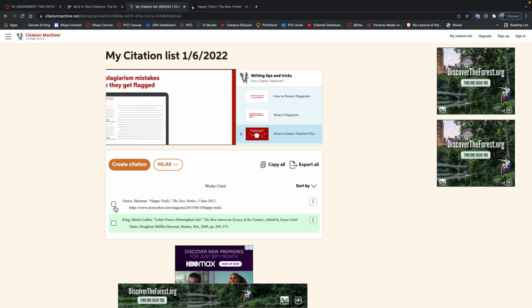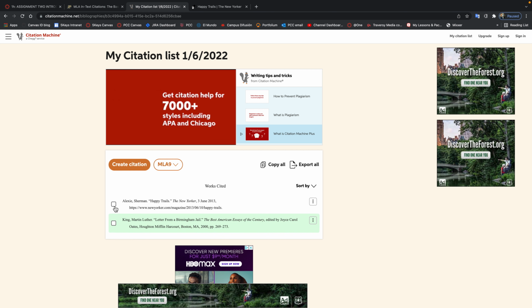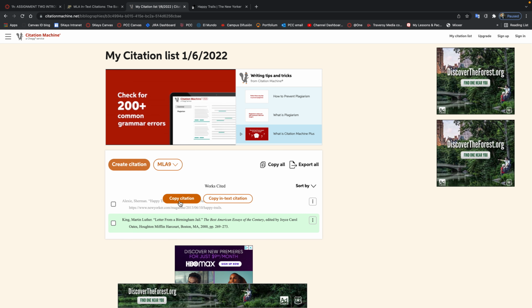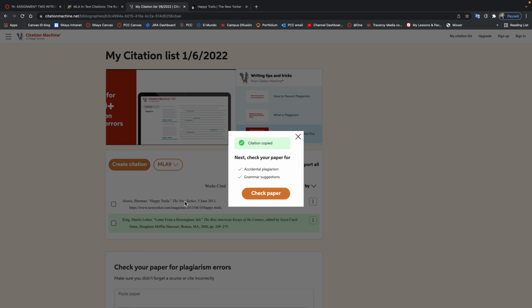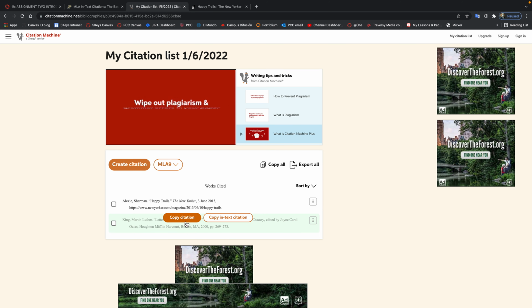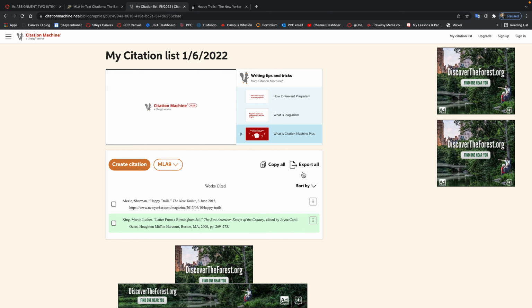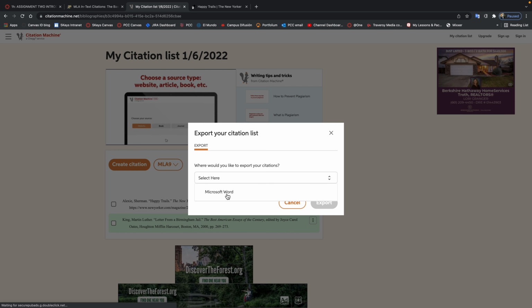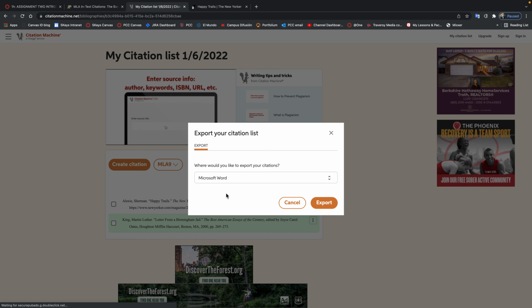So the next step is really important as well. You can copy an individual citation, right? And paste it into a Google Doc or a Microsoft Word doc and do that all individually. Do each entry individually. But we're going to do something that is far easier. We are going to click Export All. It only gives you one option, Microsoft Word, but that's